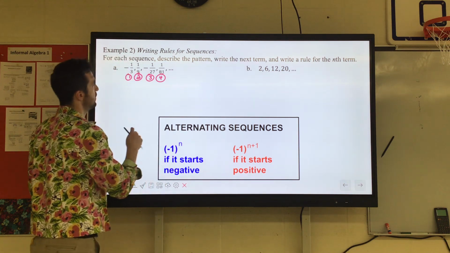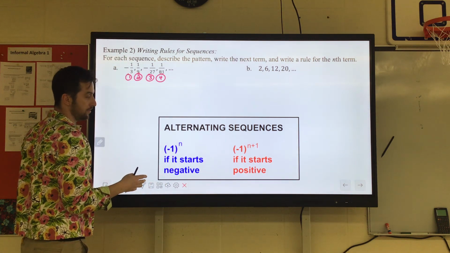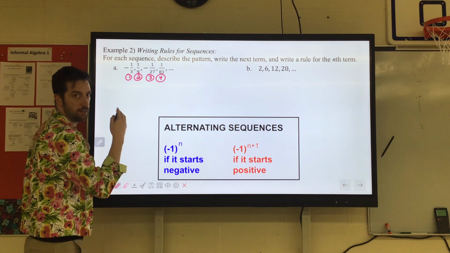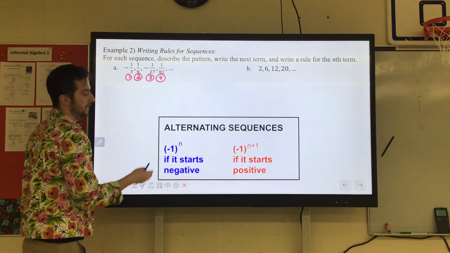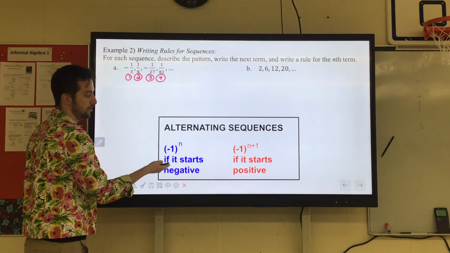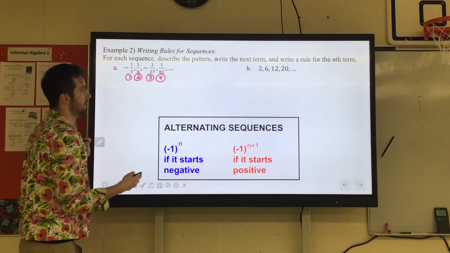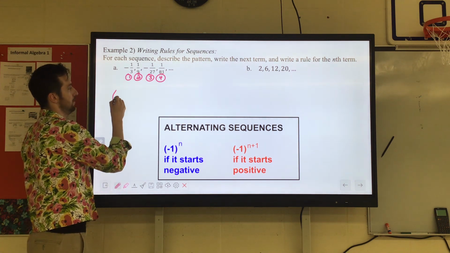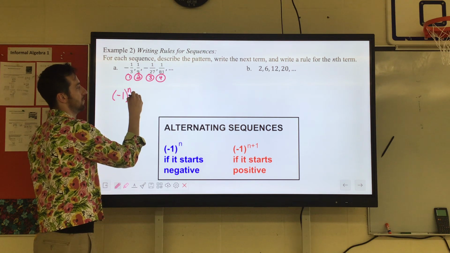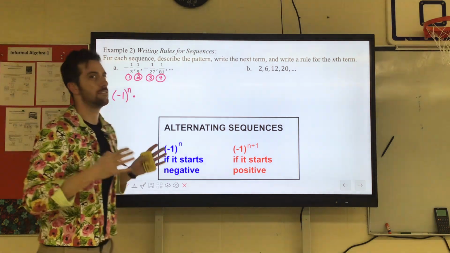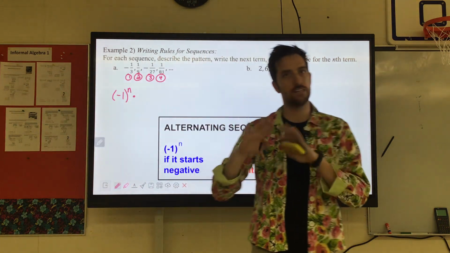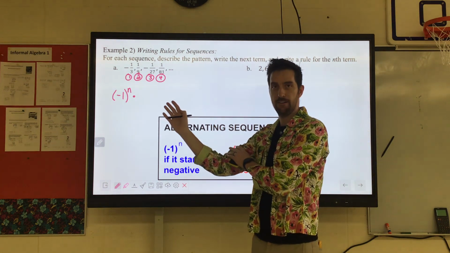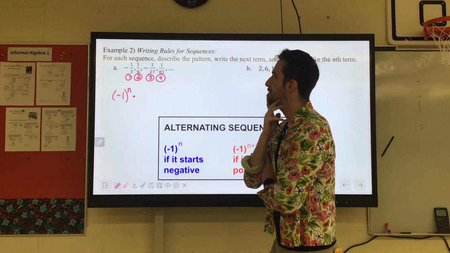So first thing I see is the alternating sequence. So if it's alternating positive, negative, and it starts with negative, you're just going to do this -1 to the n power. So we're going to say -1 to the n times, and that's it. The positive negative thing is handled by just that. Pretty wild. So then we're going to say,